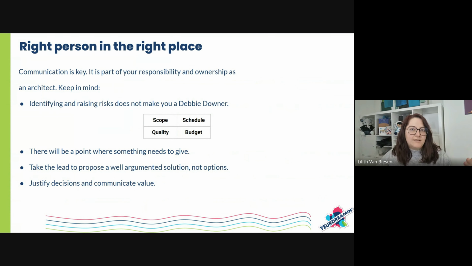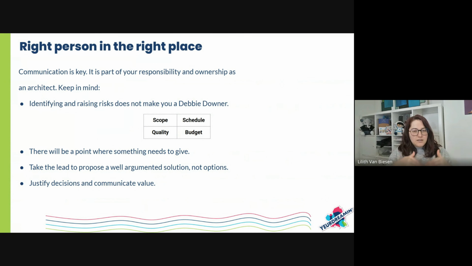So keep this in mind in how you're going to communicate your mitigations, but also who are you going to be talking to? Because there also, what Miriam already mentioned is the difference between architect and PM, which is very, very true. But we're also kind of the best two-person army, in the sense that there's a lot of collaboration between those two roles. And especially when we're talking about schedule and budgets, these are topics we need to bring to the right audience as well. So in collaboration with the PM.